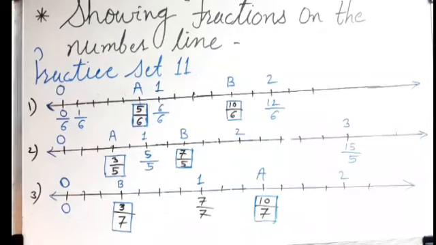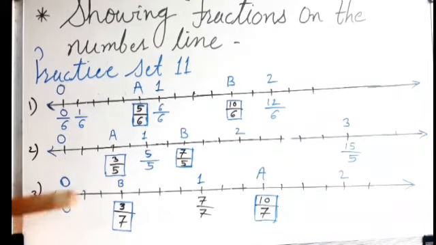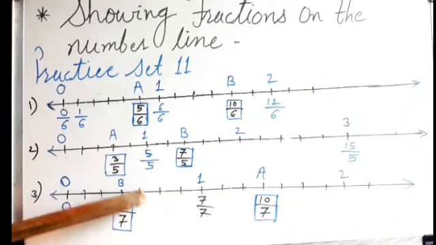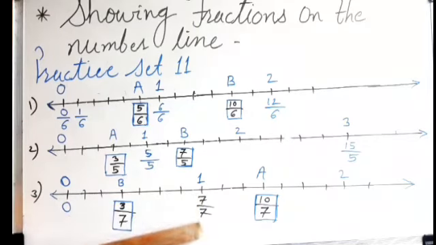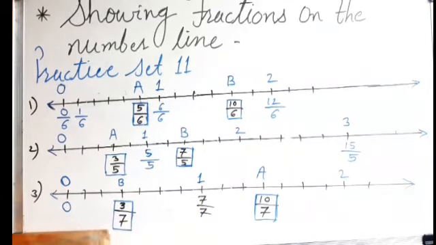Okay. Is it clear? Here it did not give us any fractions on the number line, but still how have we decided that the denominator is 7? So we have counted from 0 to 1. How many equal parts are there? Means how many lines are there? 1, 2, 3, 4, 5, 6, 7. The 7th line shows 1 unit, 1. That means the denominator we have taken is 7.